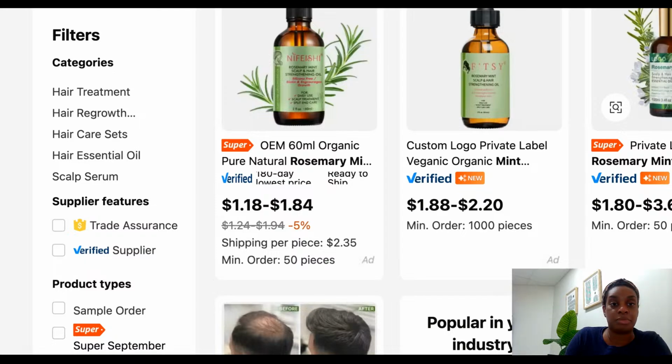So I urge you guys to go check it out. Go to Alibaba.com, and you will definitely see a bunch of some of our favorite companies on there, and it's very shocking. And then I remember the chemist that I was working with.